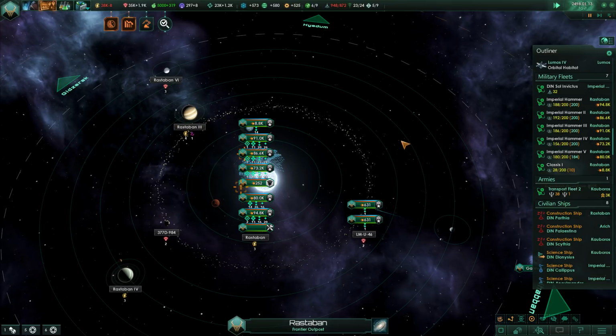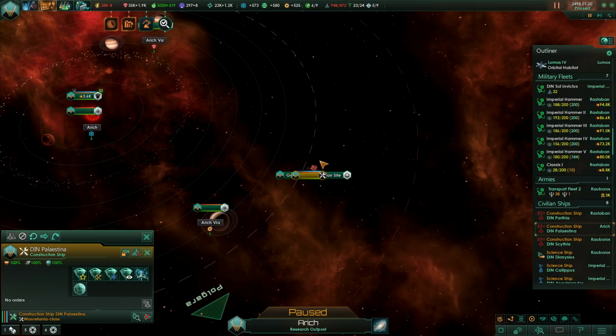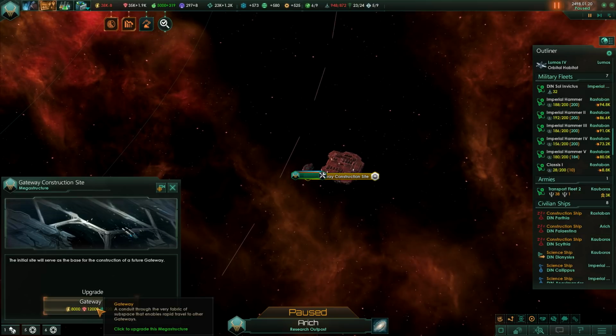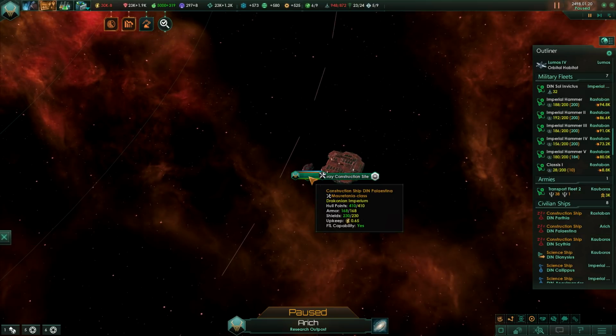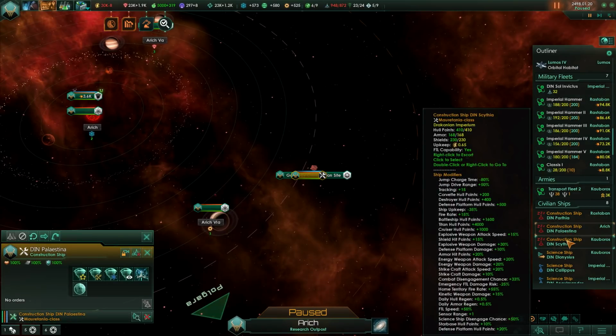We're in the negative balance again. Yeah, that's okay. I can live with that. Speaking of that, though, we should probably... Oh, we have a gateway construction site over here. Let's push that gateway. Kind of wanted to build a couple more